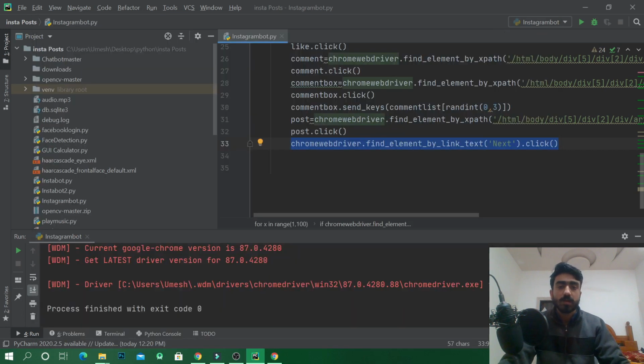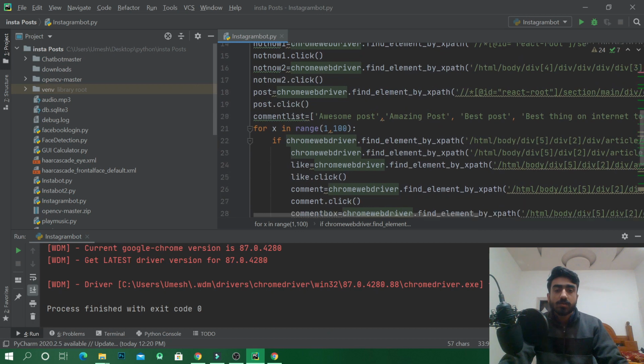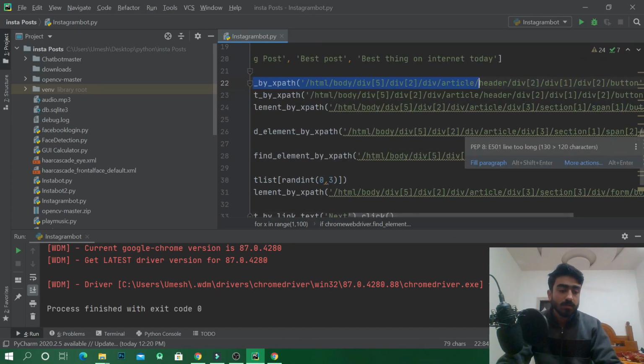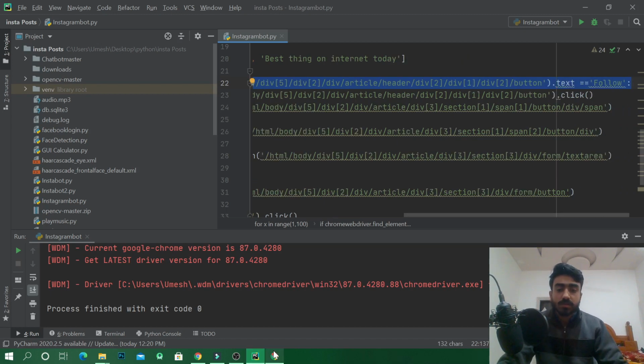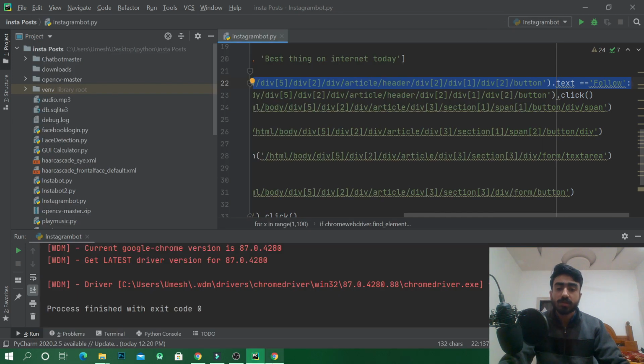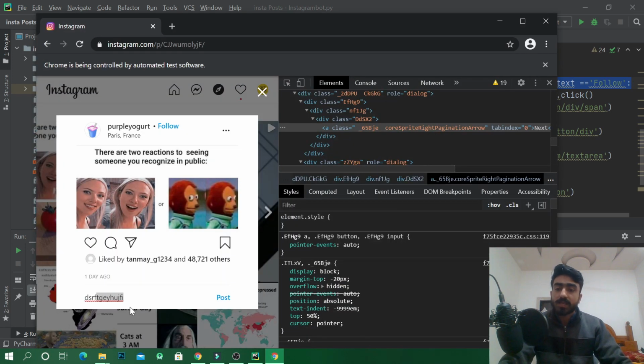So after all this, we'll click on this. As we can see, if this element's text equals follow, then we are doing like, comment and post. So what if we are already following this person?